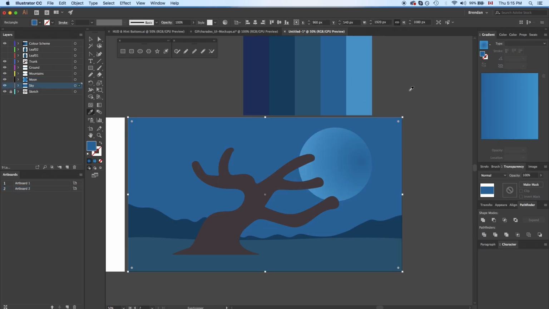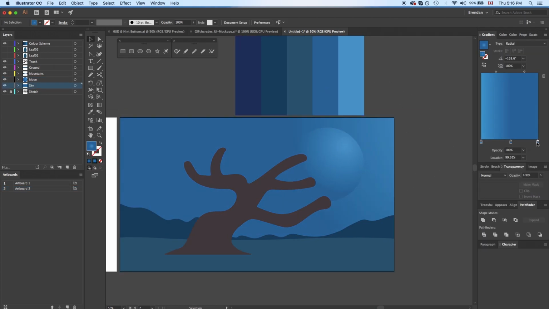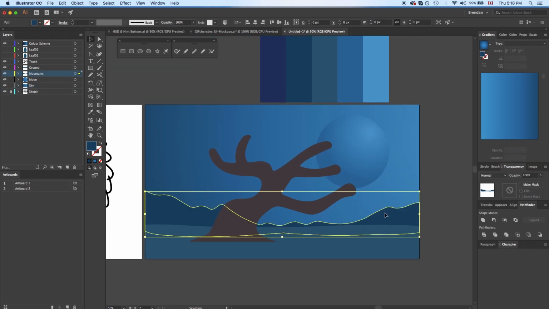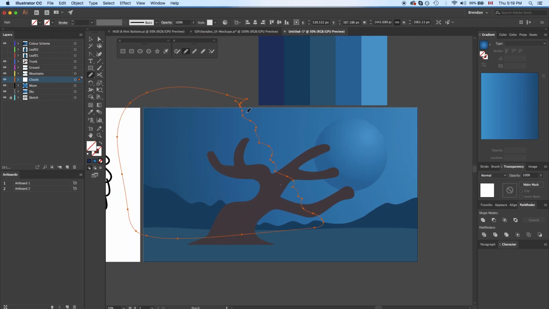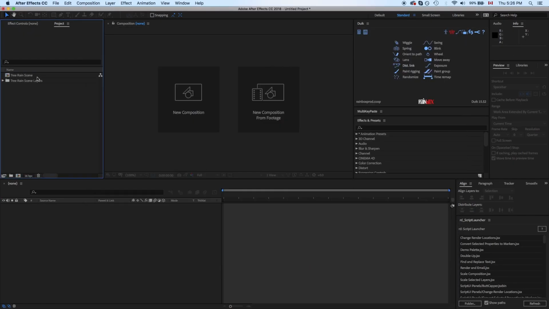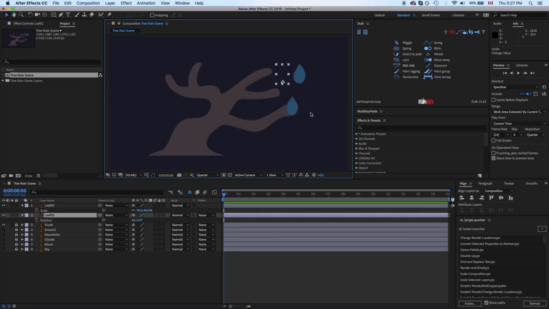So we got a big fat planet and some sky, mountains in the background, and then some sort of dark, ominous cloud to the left. There it is. Cool. So now I move into After Effects, and as you can see, I just used the two leaves that I made,